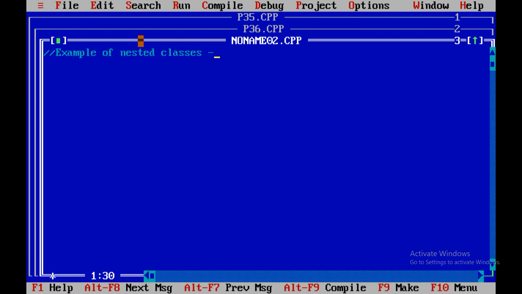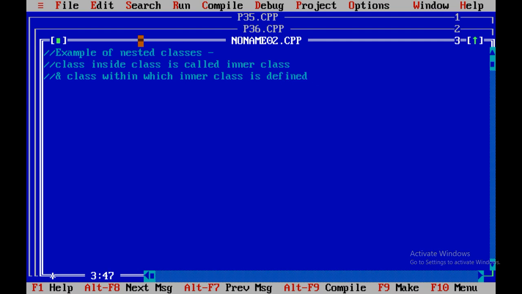Nested classes are nothing but a class which is declared inside a class, called an inner class, and the class within which the inner class is declared is called the outer class.